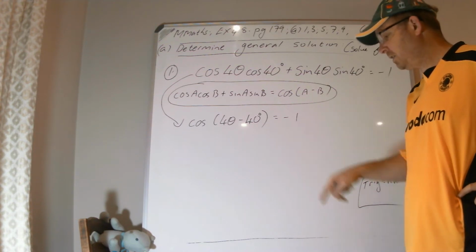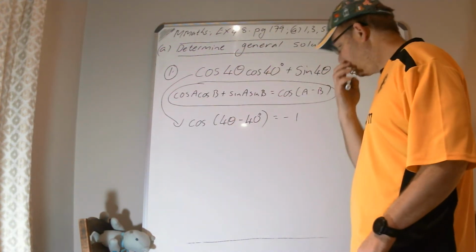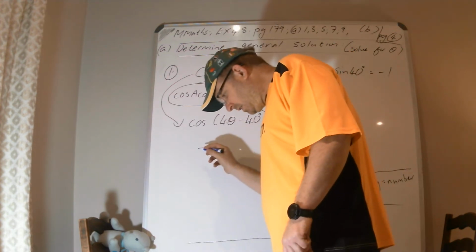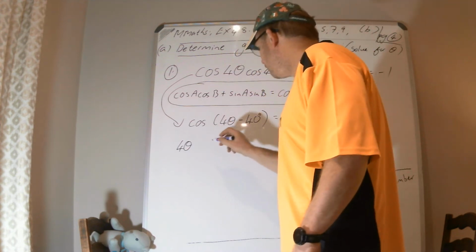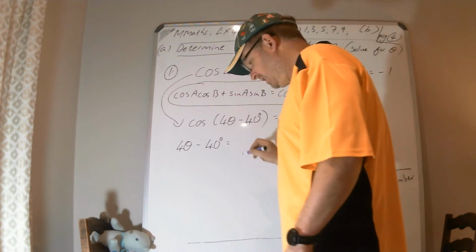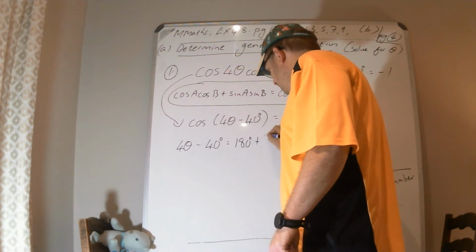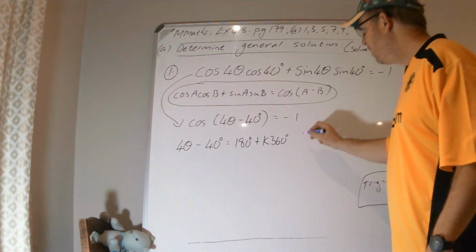Shift cos⁻¹ of −1, and we get an answer of 180 degrees, or −180 degrees on your screen, or 180 degrees. So you're going to go 4θ − 40° = 180° + k360. Do your split straight away. Okay. Or